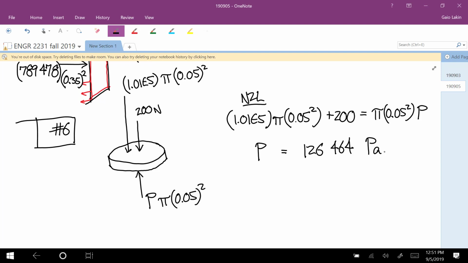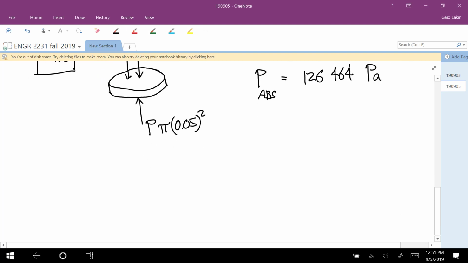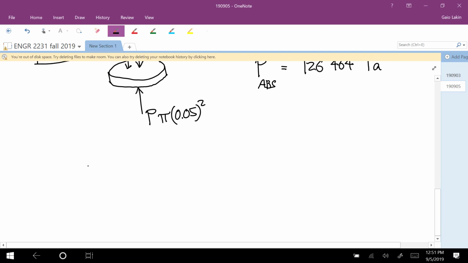Okay. What we want to use is the absolute pressure for every calculation. Okay, so this is the absolute pressure. And now we know that, so that's part B. To get part A,